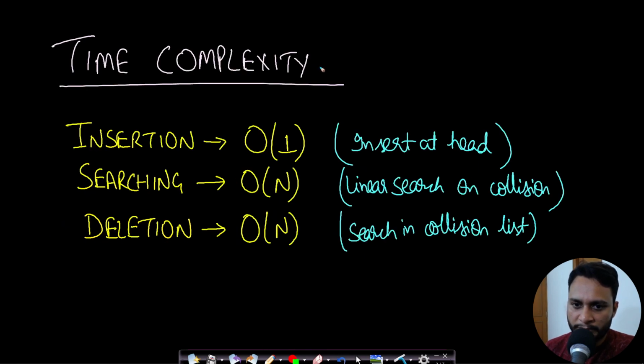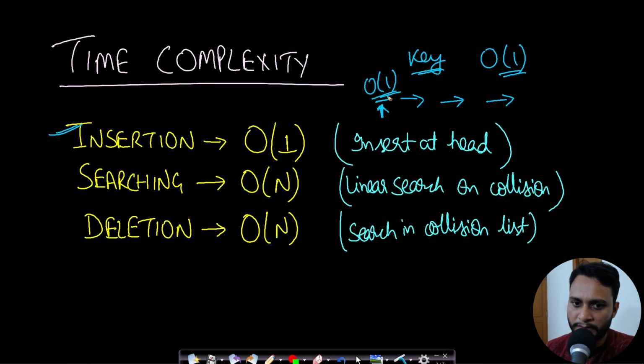So what will be the time complexity here? For the case of insertion, we just need to calculate the key by using the hash function, which will take order of 1 time. Once we know the key, even if the linked list is having any size, we don't care about it. We will be inserting only at the head. So insertion at the head of a linked list is order of 1 time, right? Therefore combining both these operations is also order of 1. Therefore insertion will take order of 1 time in this case.